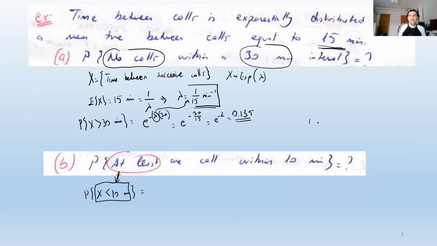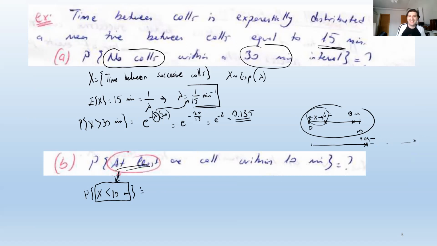For instance, it allows the possibility of such an occurrence. Let's say this is time 0. The next call is here at minute 4. And there is an additional call here at 9 minutes. This is included in probability X is smaller than 10, because what it searches for is only this X value. This also allows the possibility of something like this: there is a call here at minute 999, and the next call is maybe 1,000 years later. It doesn't care about that. What it only cares about is the next call. Therefore, if this condition is satisfied, the at least condition would have been satisfied.